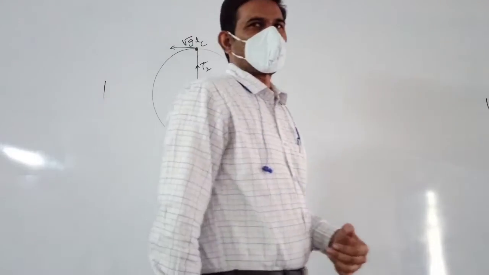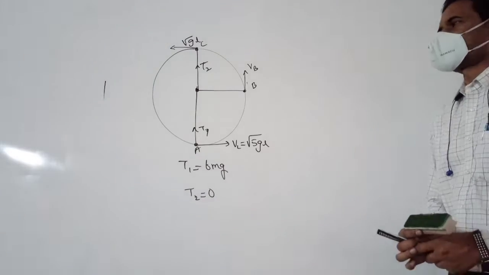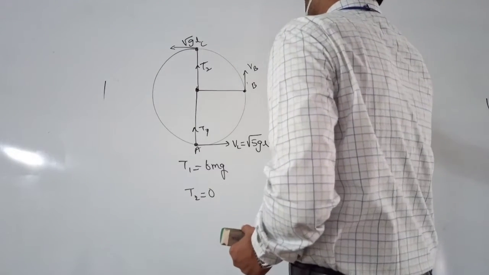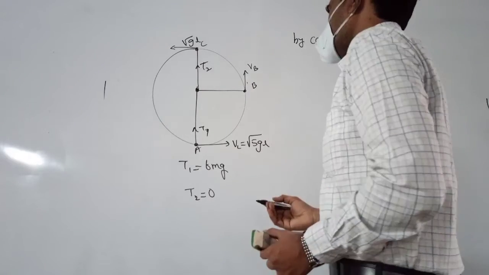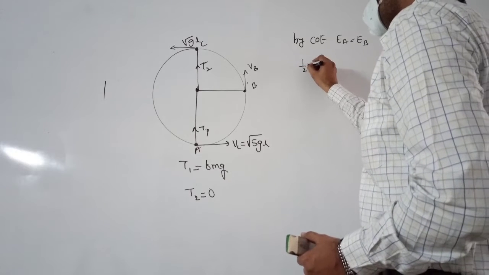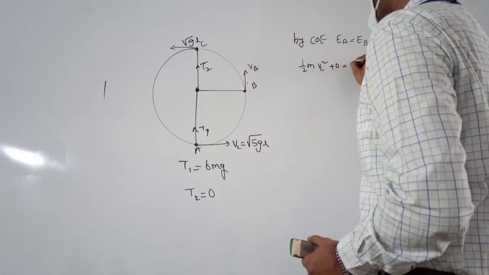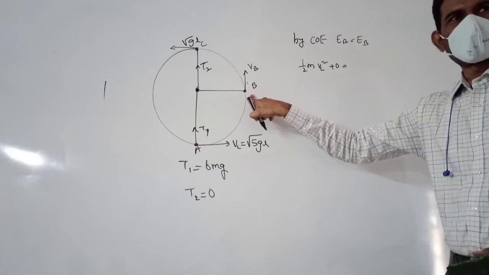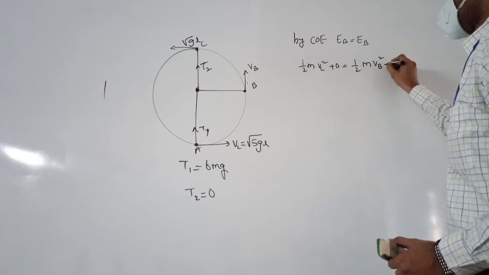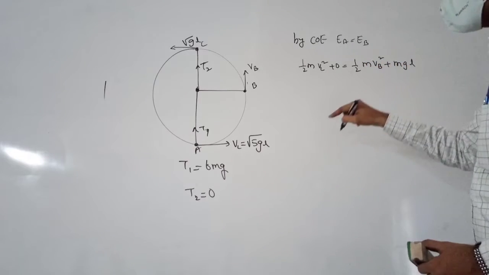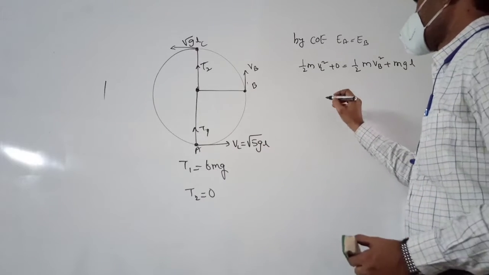So then just by applying conservation of energy we can do that. Energy at A is equal to energy at B. Now energy at A is nothing but you can write that as half m vL square plus 0, and that is equal to energy at this point B. Energy at point B is nothing but half m vB square plus, it also possesses some potential energy at this position when compared to this point, so that is mgL we can write. You can substitute these values here, vL square is equal to vB square plus 2gL.